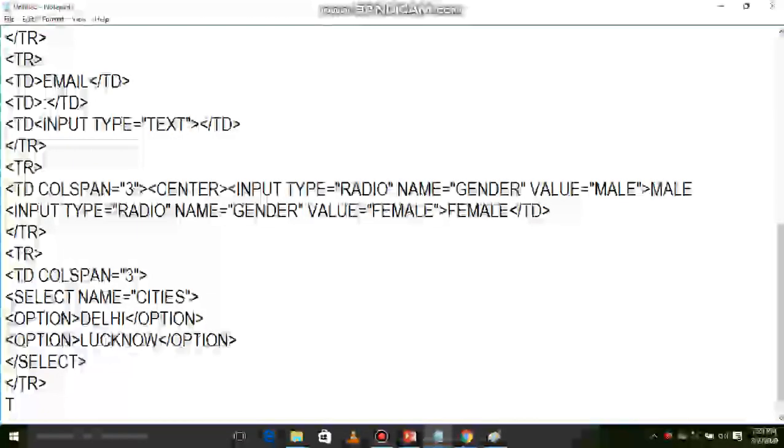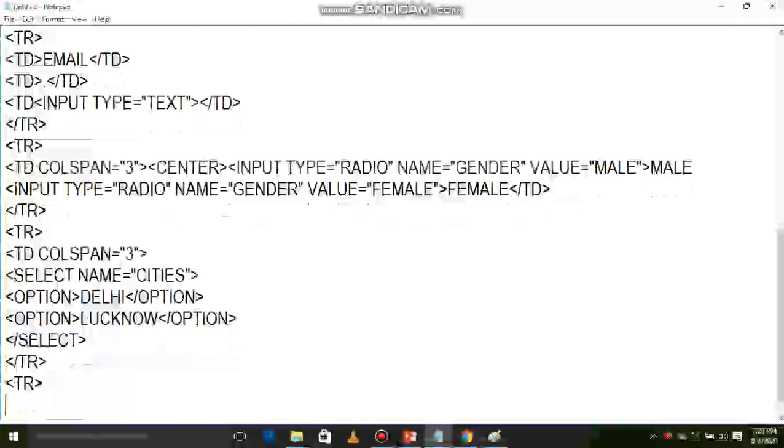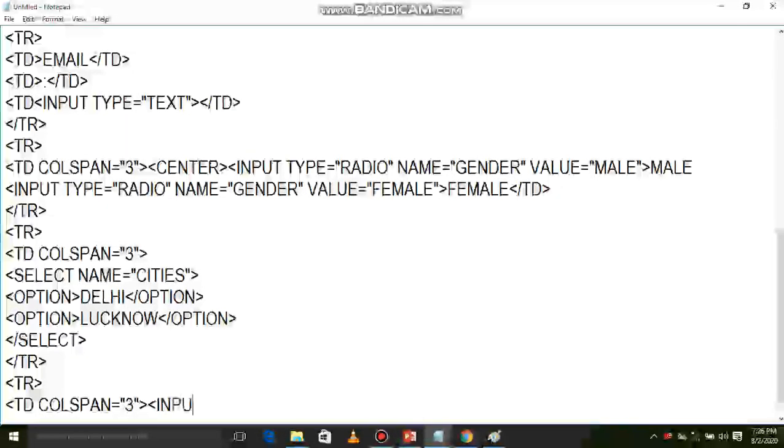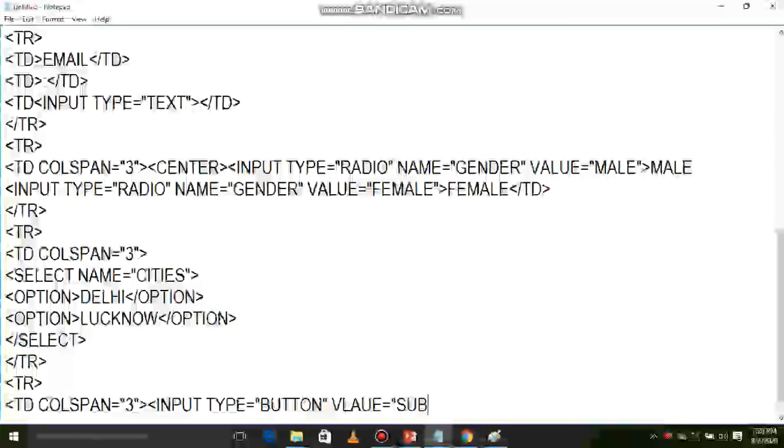next again one more tr, td, colspan is equals to 3. For button, input type is equals to button, value is equals to submit.